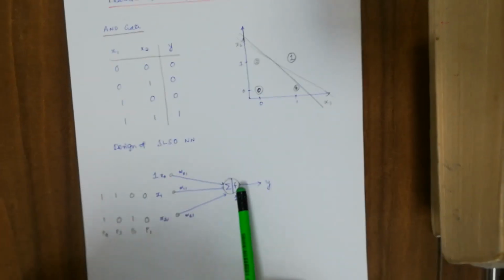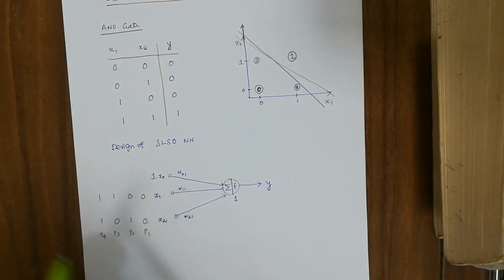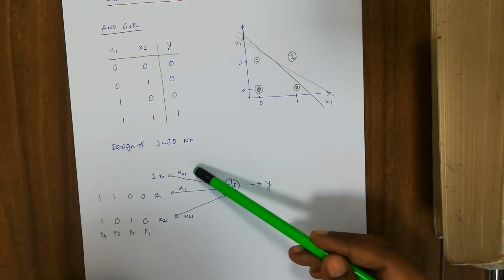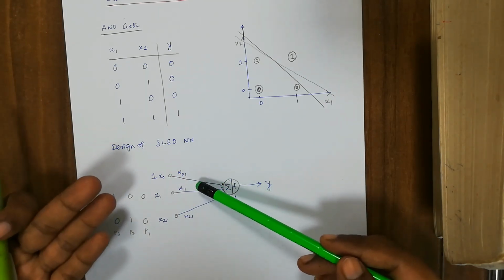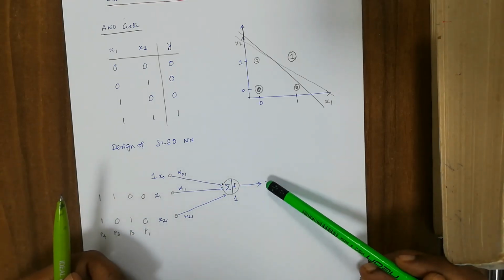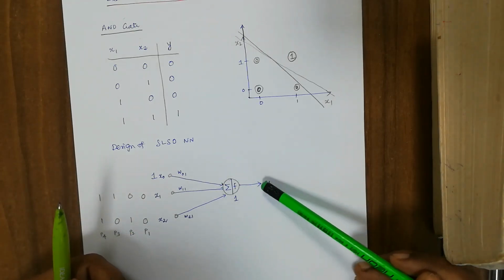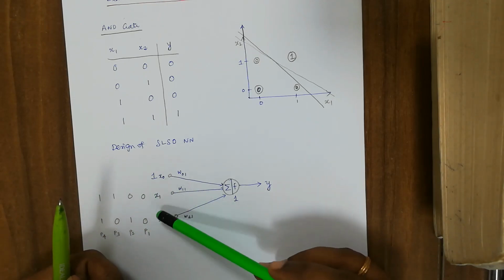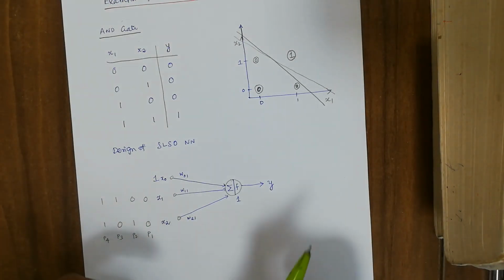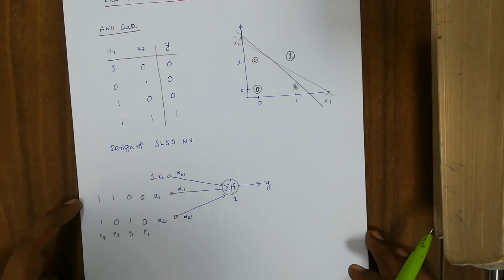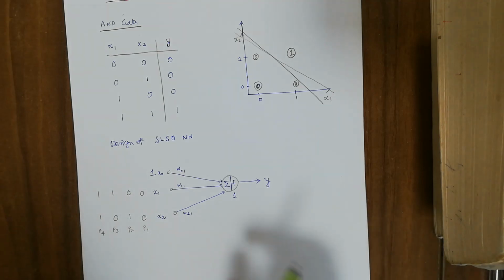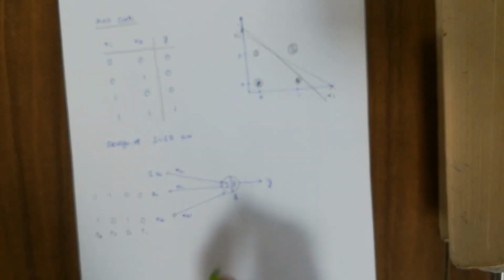Okay, this is a simple neural network. Now we have to only decide the weight vectors. As I said, you can choose an initial weight vector and then check for the y value. If there is an error for any of the possible inputs, then we have to update the weight vectors. This is the procedure, but let me not go into updating the weight vectors. Let me give the weight vectors which will work correctly for this AND gate.